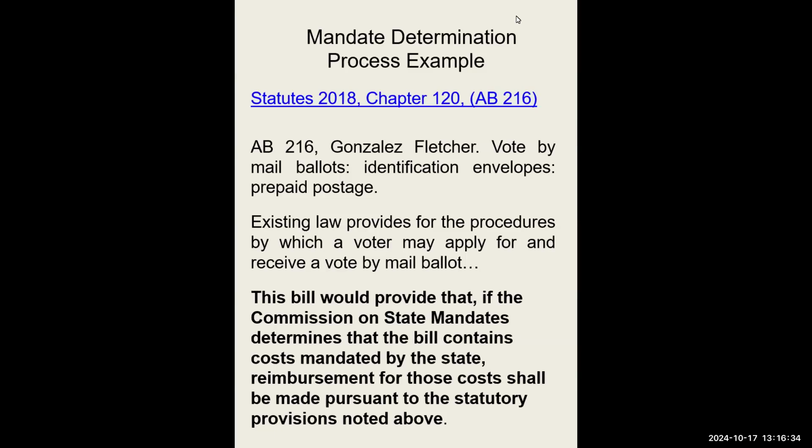This bill would provide that if the Commission on State Mandates determines that the bill contains costs mandated by the state, reimbursement for those costs shall be made pursuant to the statutory provisions noted above. This phrasing appears in many bills, but in order for the Commission on State Mandates to make a determination that a bill contains costs mandated by the state, first, a test claim must be filed, and reimbursement for those costs